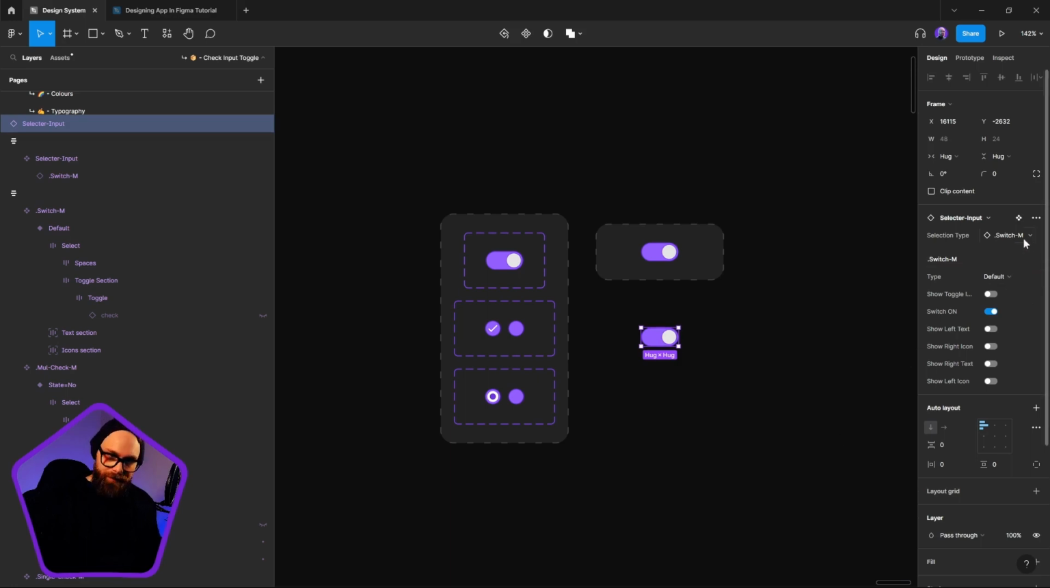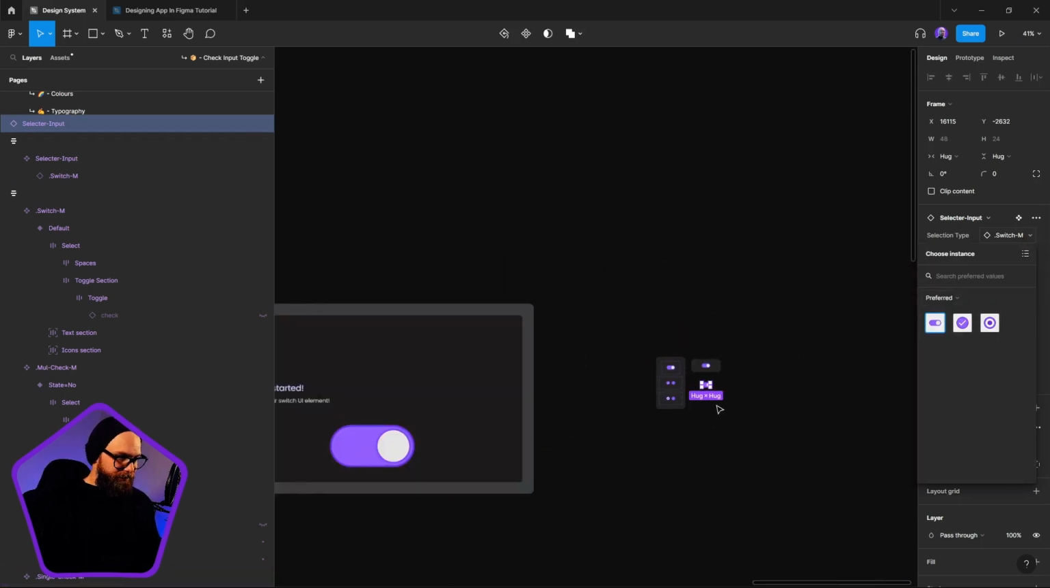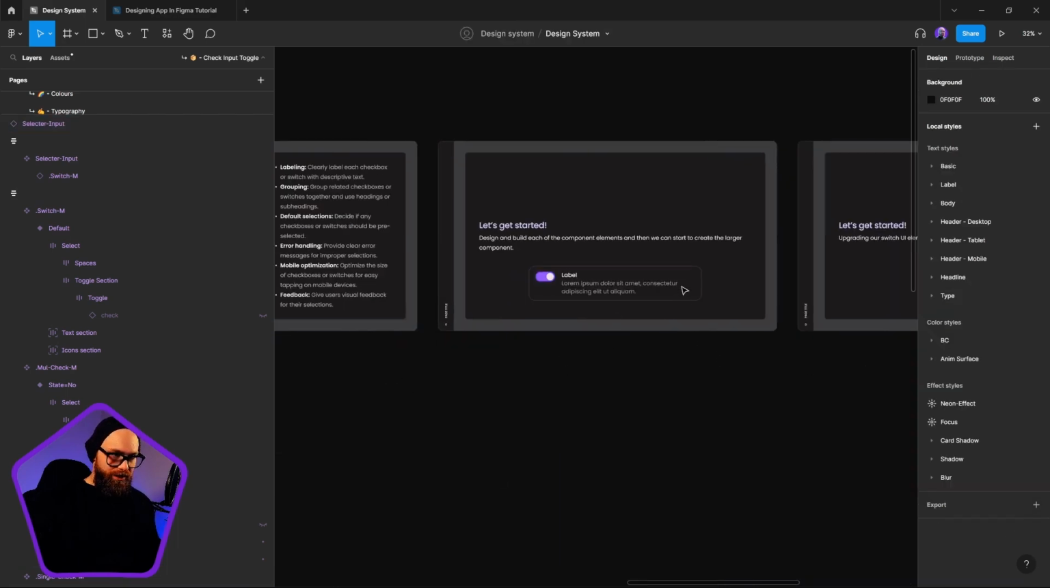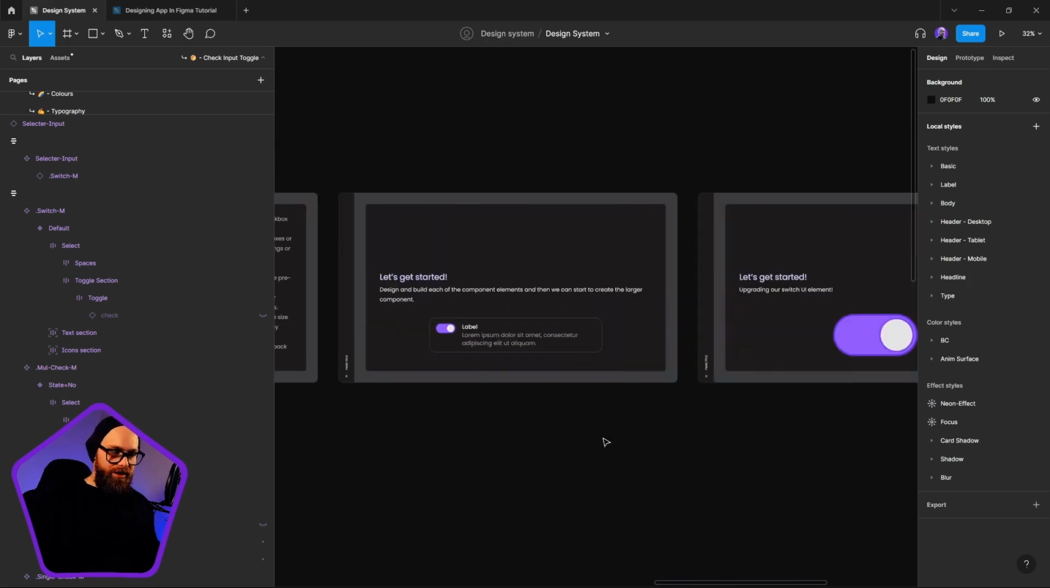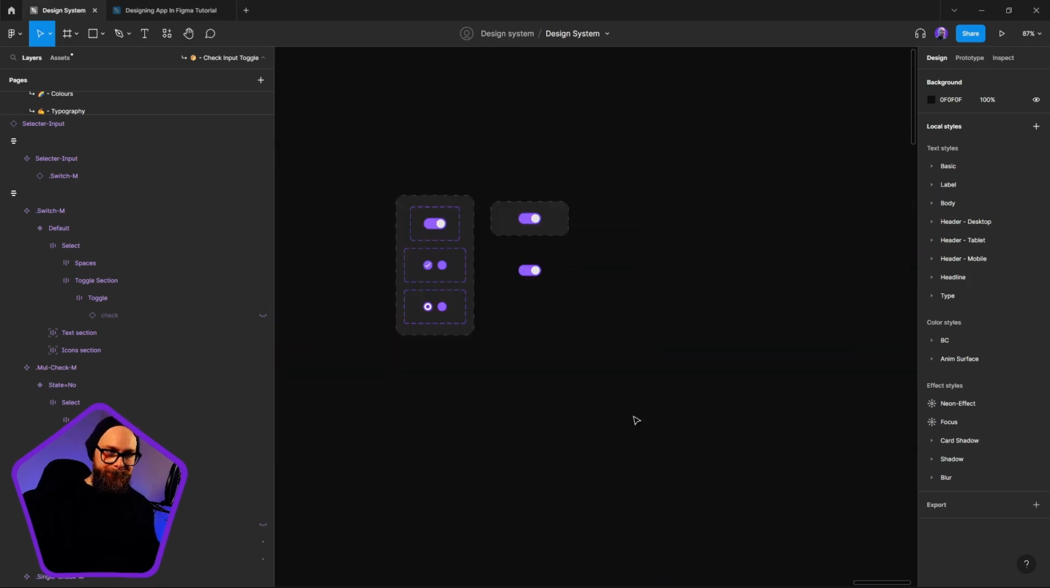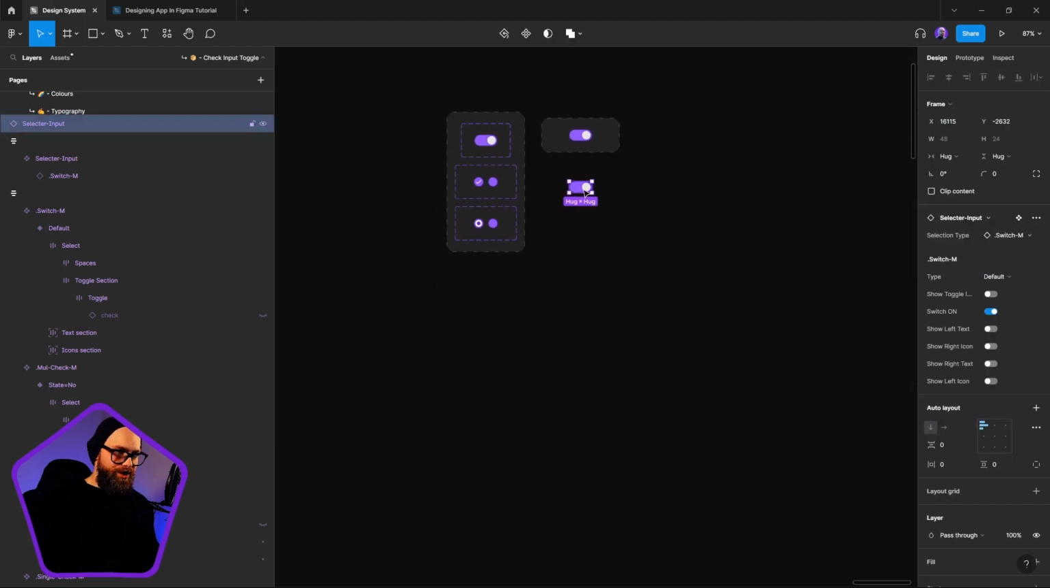But basically I've got the basics to be able to access these, switch between them. Let's just design the final piece of our component, and then we can add in the label and that. So grab our switch,